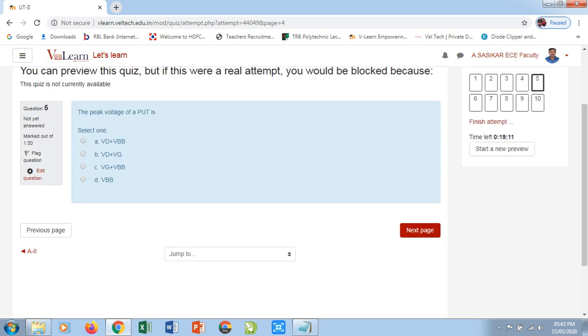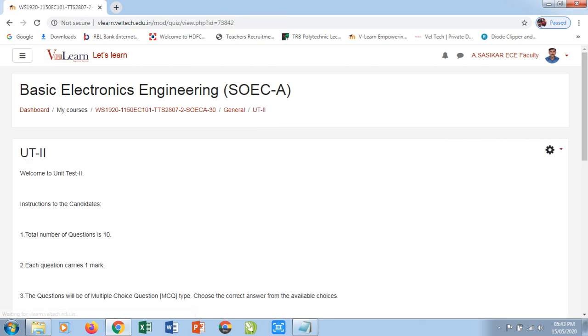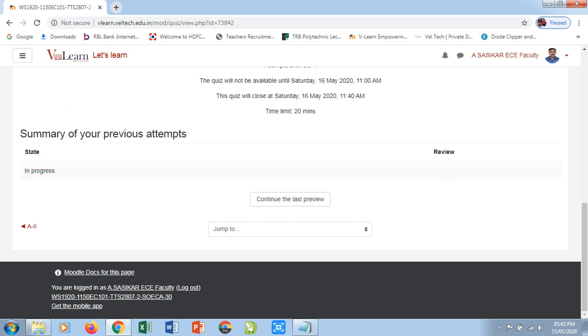So directly after verifying these things, you can click this UT2. If you are clicking that one, the summary of your previous attempts are showing like this. Under the state field we have in progress, and don't press this continue the last preview, that's more than enough.